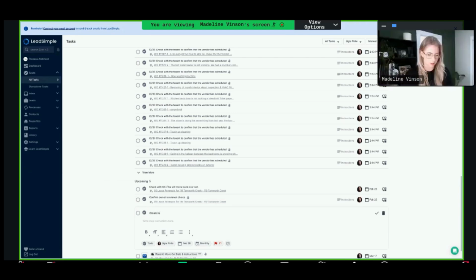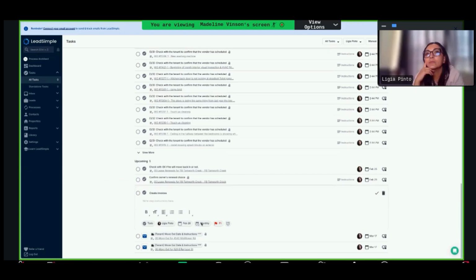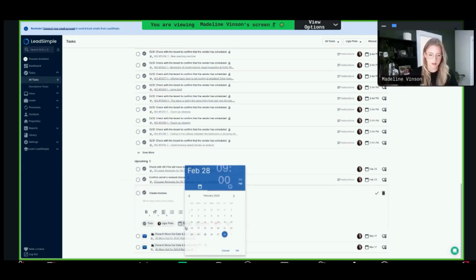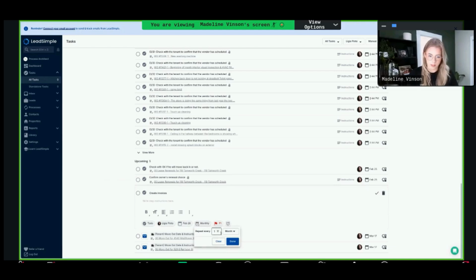So we can actually type in the title. We're gonna want to be pretty specific with it so that we don't forget what it's about. You can add as much instructions as you want. And then you can put your due date and then they can be recurring. So every month on the 28th or every week or every year. So let's say you have one task that you need to do on the first of every year, you can annualize it, okay? You can do it every Monday. So there's gonna be lots of different options here. You can also do that with